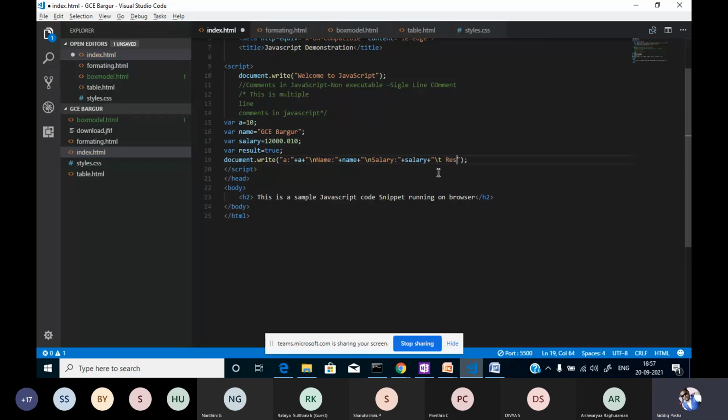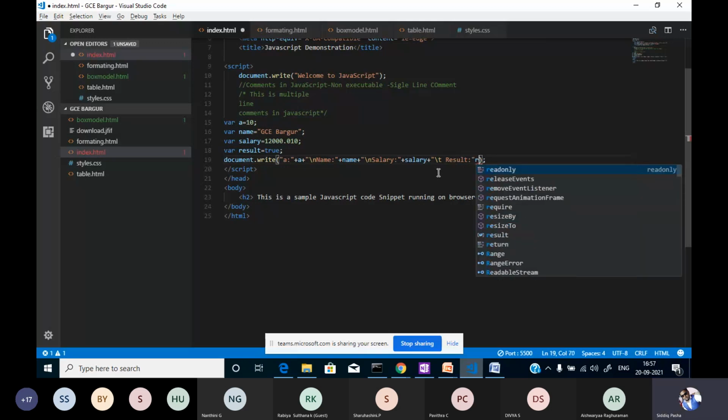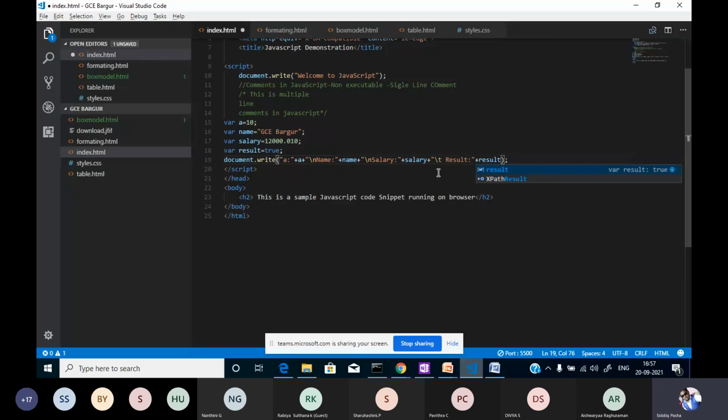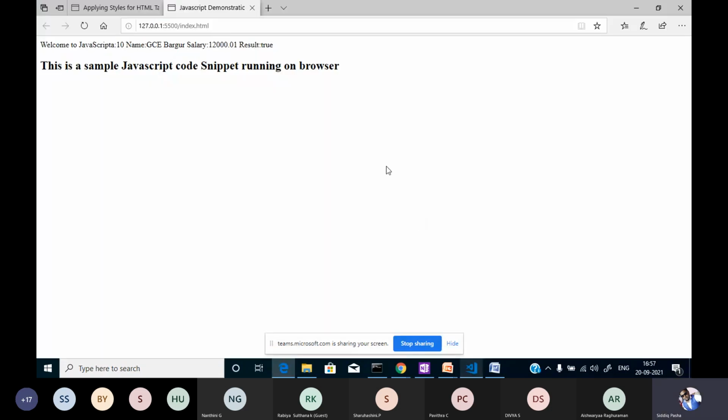So this is result. Result is true. I'm printing the value result, so we need to use the separator plus result. See over here, the tab space is available. Okay, fine. Result is true.